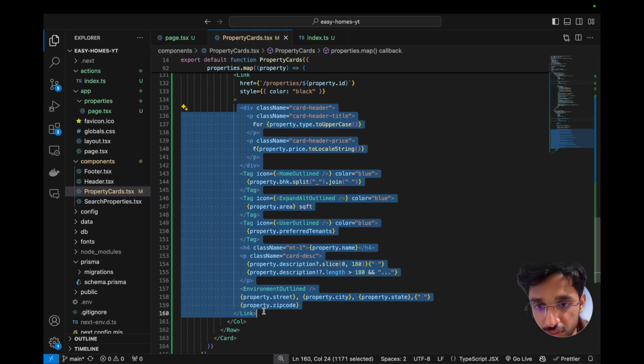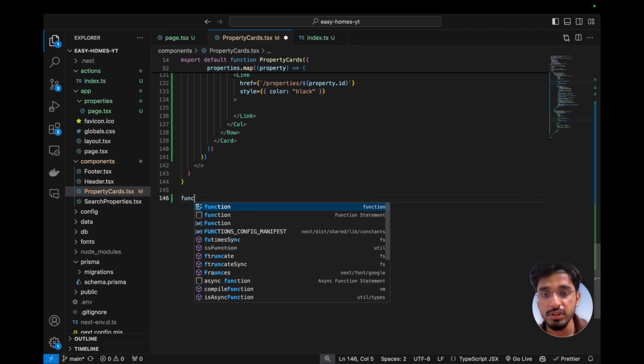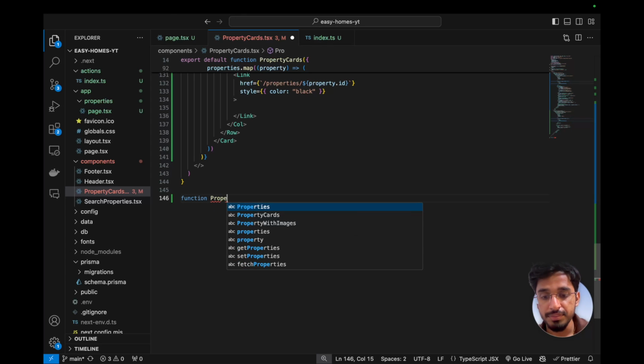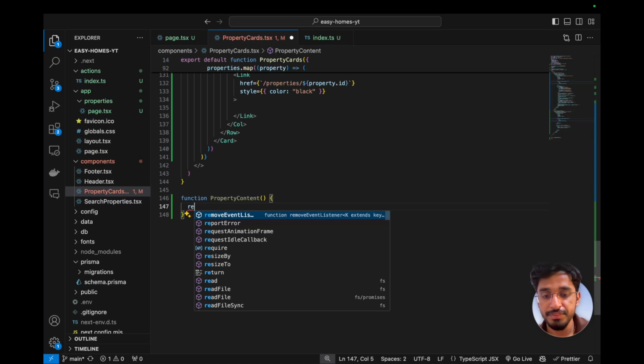And where does this close? Yeah, so we are starting with the link tag, and right above the link tag, I'm just going to cut this and create another component, like we can just say card content or something like that. So function property content, something like that, and set this to a function which will return